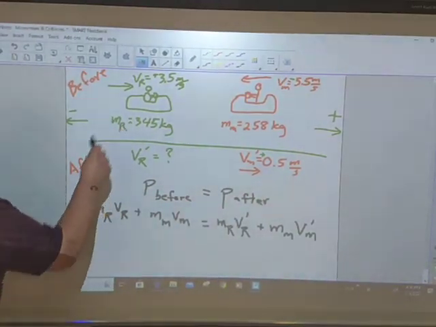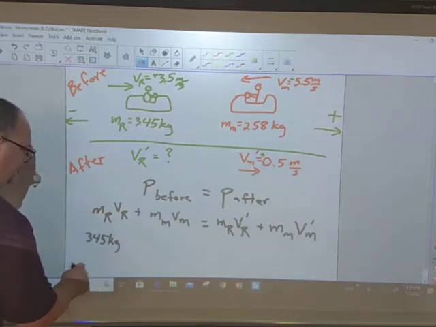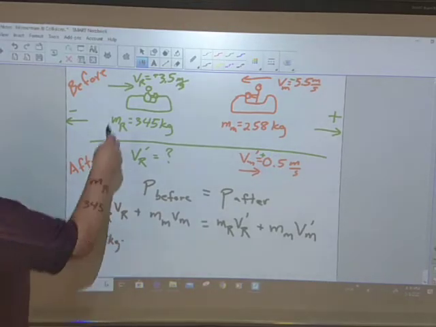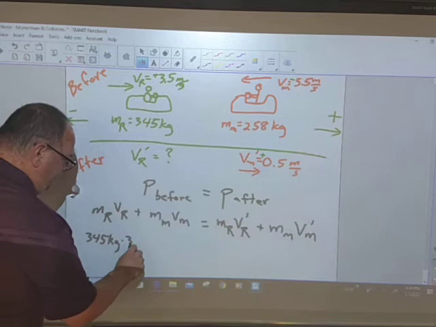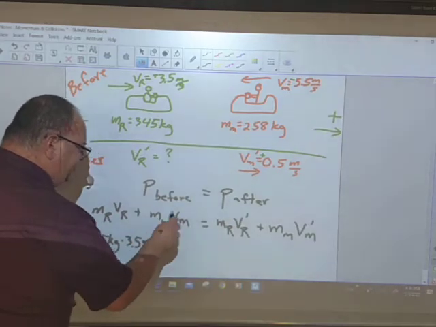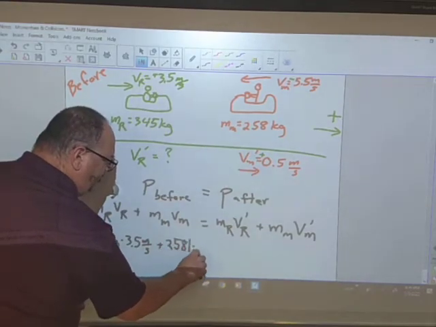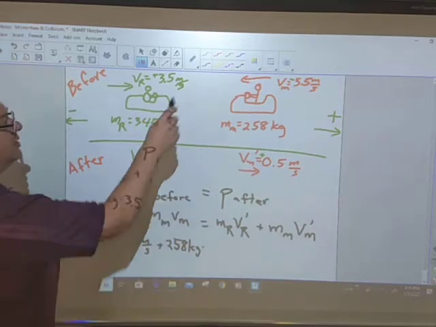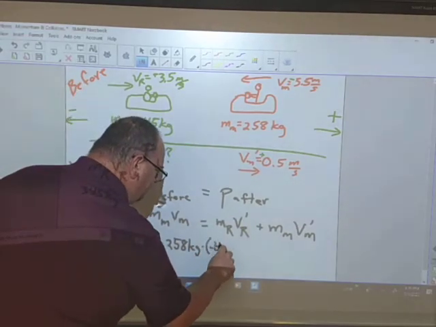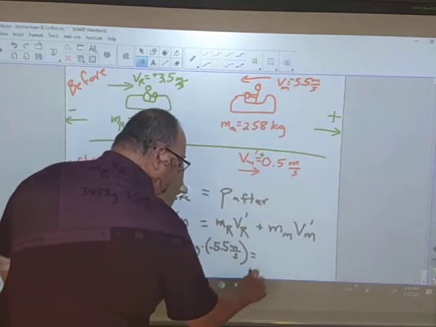So the mass of Rupp's car is 345 kilograms times 3.5 meters per second, plus 258 kilograms times negative 5.5 meters per second equals,